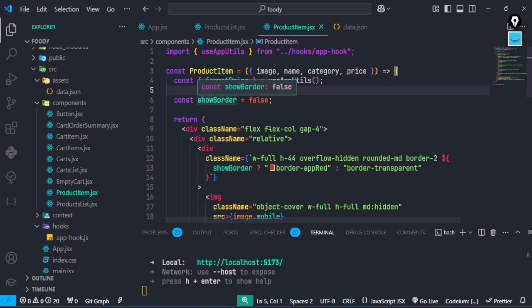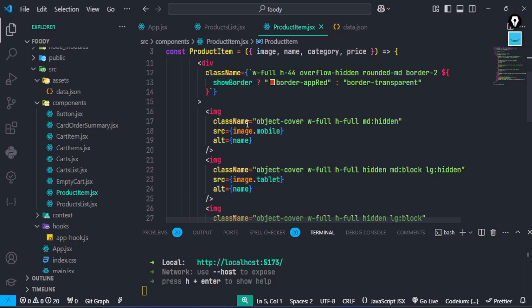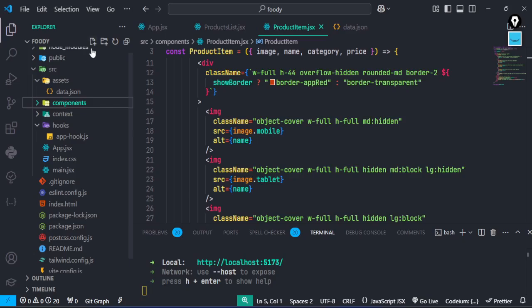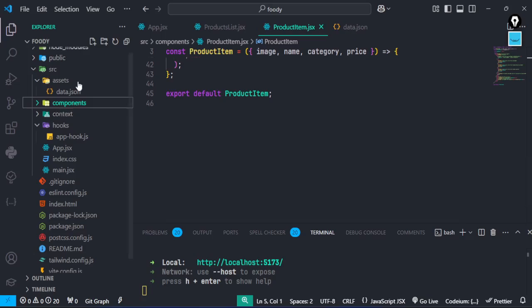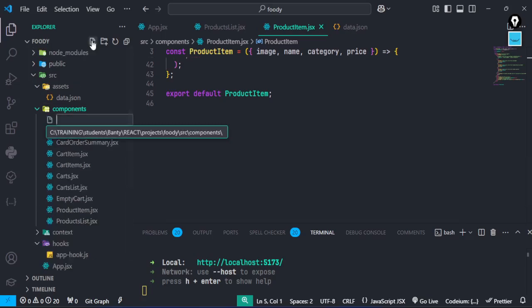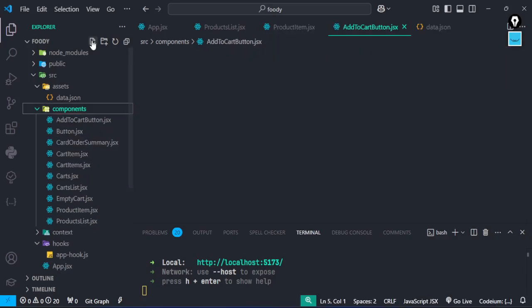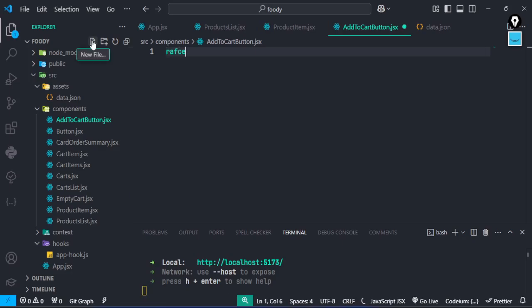So we're going to see about that later on. But for now, let's work on the UI part. So here under the component, it's something we can put inside this file, but I'm going to create another file for it. And this one, we're going to call it add to cart button like this. So .jsx. And inside this, we're going to generate our components,